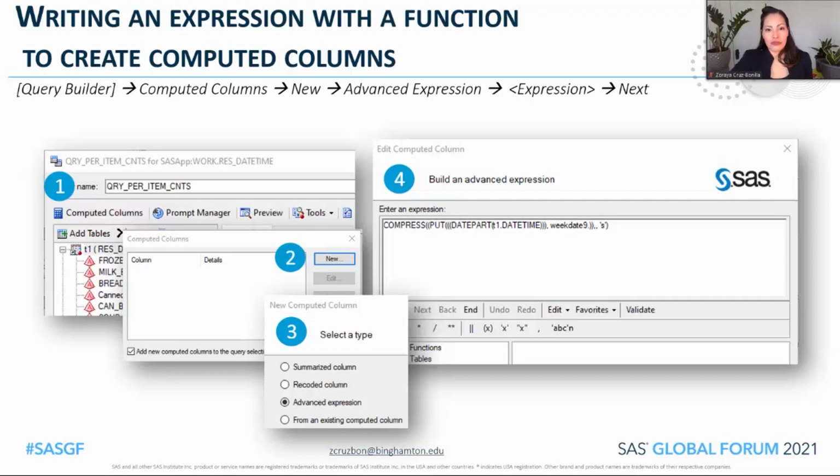The expression requires 3 main functions. The compress function removes specified characters. The put function performs a numeric to character conversion, and the datepart function extracts the date from a date time value.